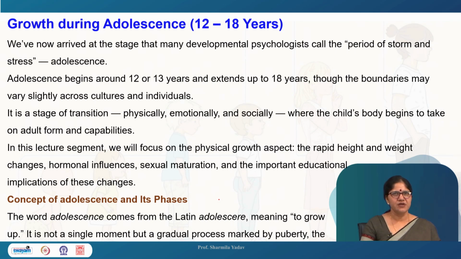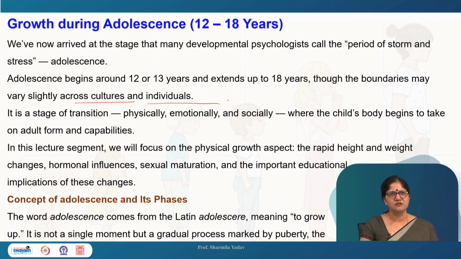We have now arrived at the stage that many developmental psychologists call the period of storm and stress, that is adolescence. Adolescence begins from around 12 or 13 years and extends up to 18 years, though the boundaries may vary slightly across cultures and individuals. It is a stage of transition physically, emotionally, and socially, where the child's body begins to take on adult form